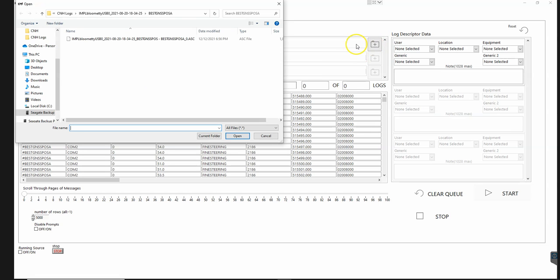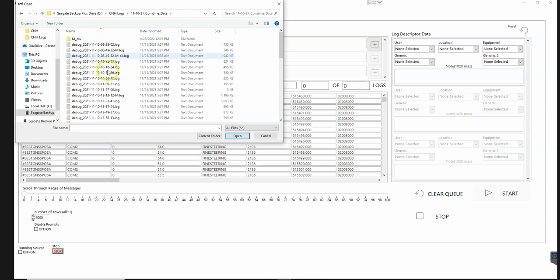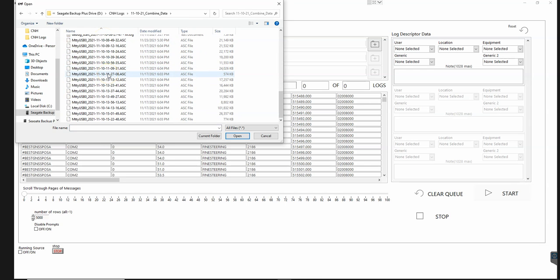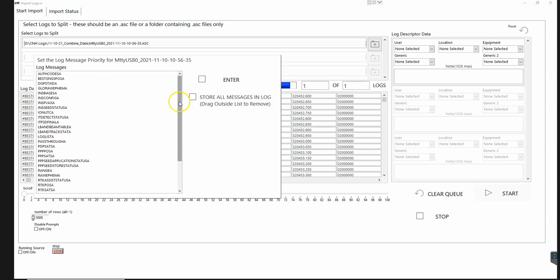So if I import something here, combine set, pick kind of a small one so it's fairly quick. Start. Yes. Go ahead and split this one. So once it splits, it asks me